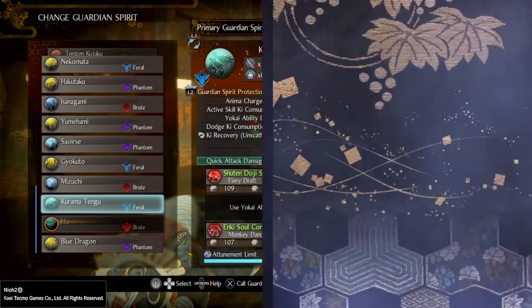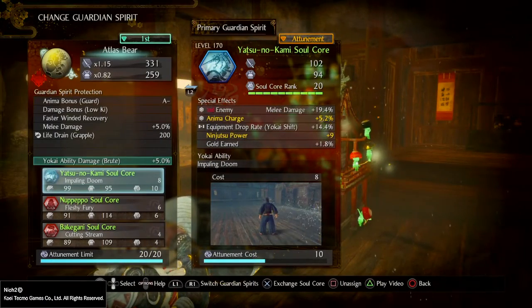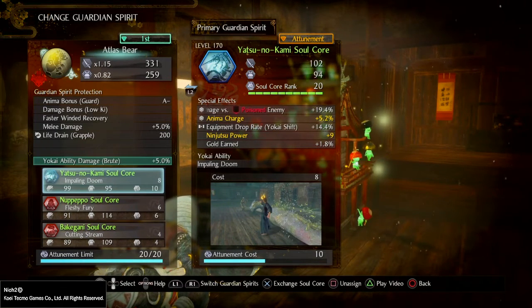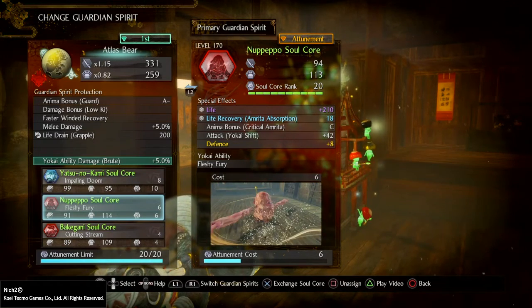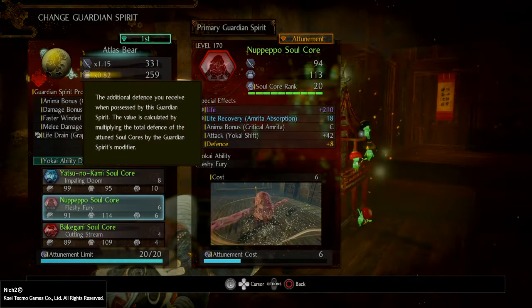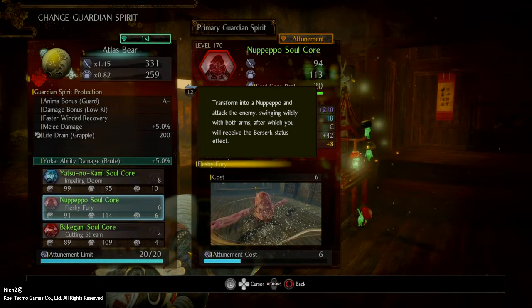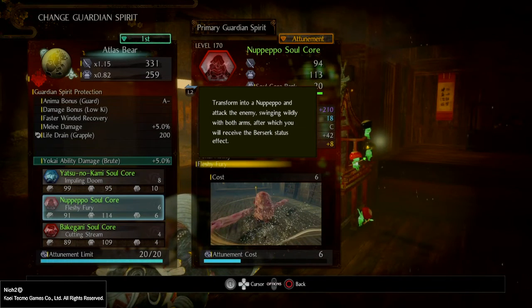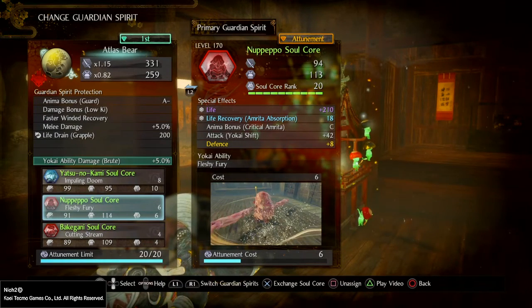When it comes to soul cores, I keep it as simple as it can get. I'm using Yatsunokami for the melee damage versus poisoned enemies. I also was lucky enough to get one with ninjutsu power. I'm also using the Nopeppu Soul Core for the simple reason of the yokai ability, which grants us the status effect Berserk. Berserk increases our attack damage for a short period for around 50% as far as I know. It's a total no-brainer in the current meta, and it's the one thing you need to have to increase your